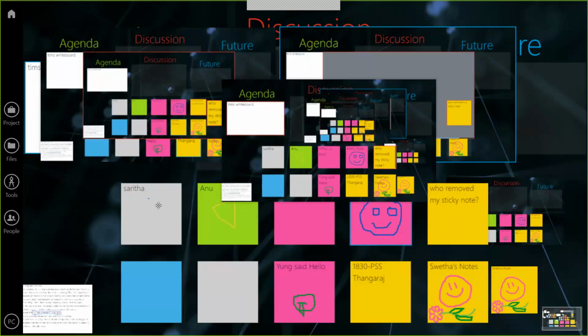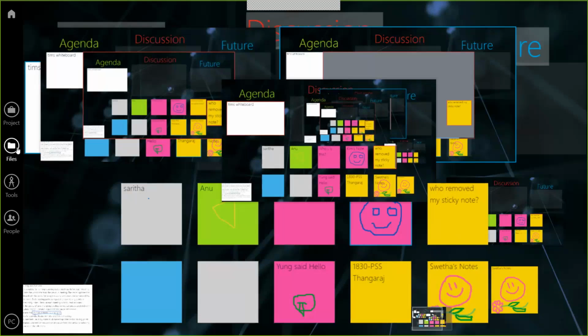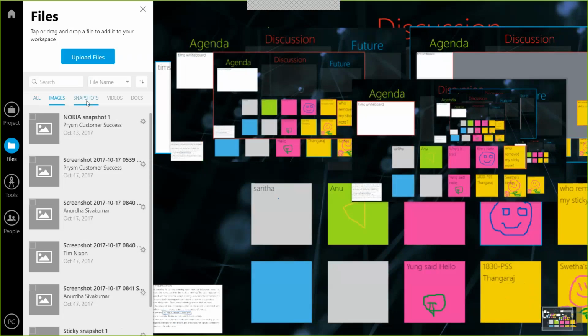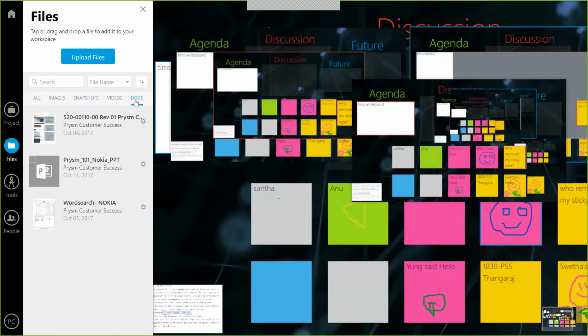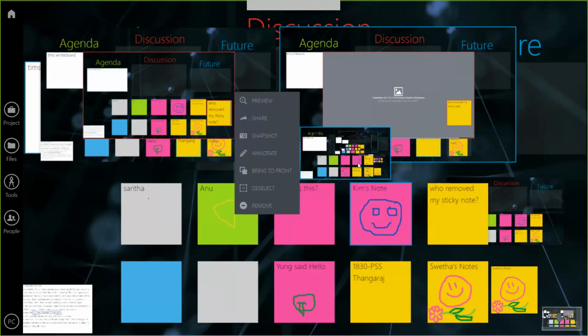That's on the Files menu. Exactly. So on the Files menu, you're able to import images, Word documents, PDFs. You can even do video. When you import a video, that comes with sound for everybody who's looking at the project as well. So the File menu allows you to upload